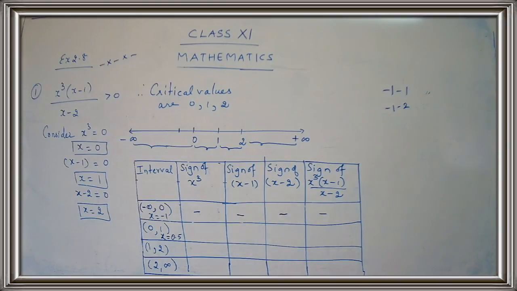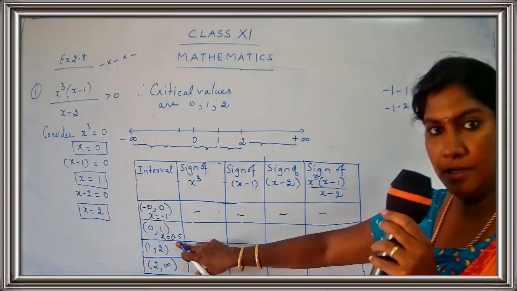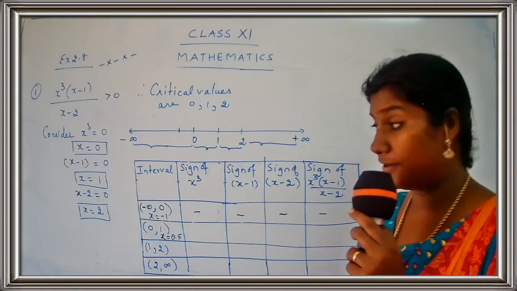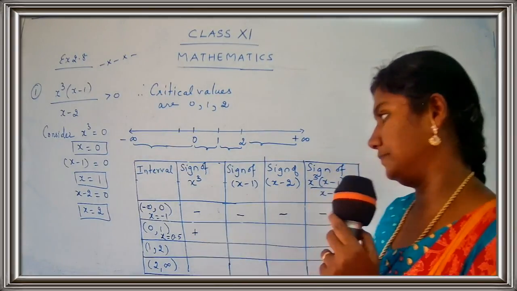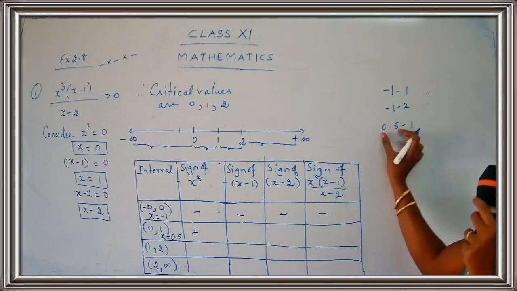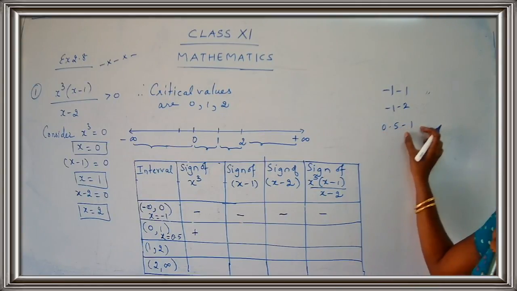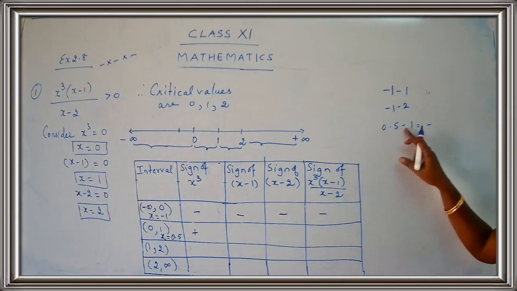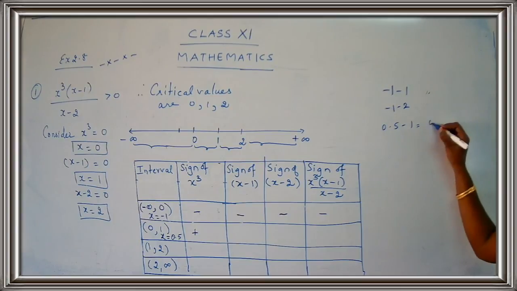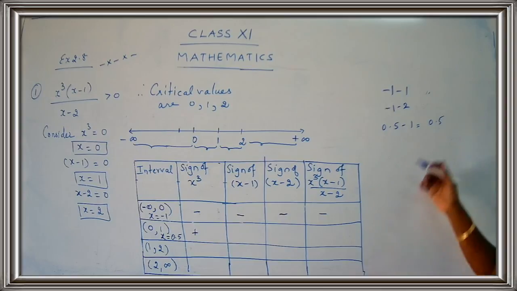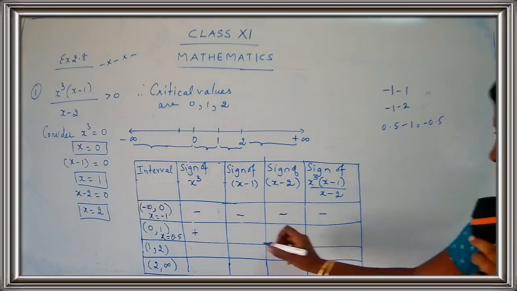Sign of x cube. This is a positive number, and the cube of a positive number, 0.5 into 0.5 into 0.5, the answer will be positive. Okay. Now 0.5 minus 1. A small number minus a bigger number, you are going to get a negative answer. That is 0.5 minus 1 is 0.5. 0.5 is half. So what is the difference of 1 and half? It's half. And the sign will be minus because the bigger number is 1. You get a negative sign.